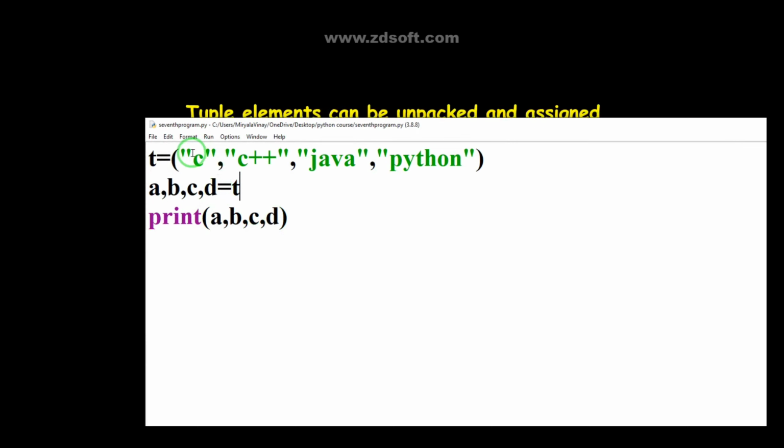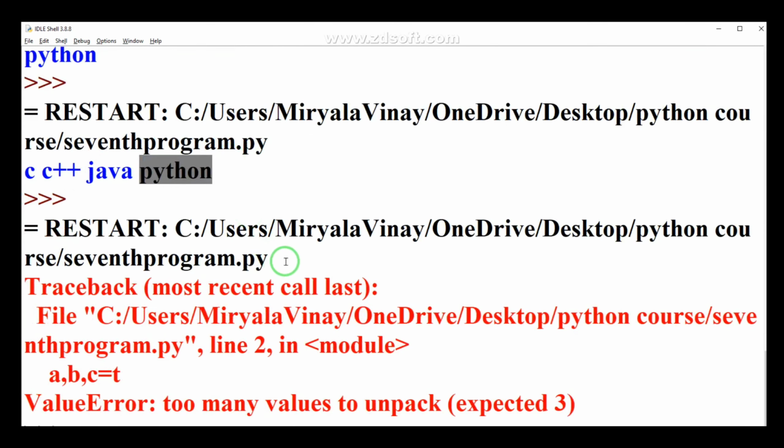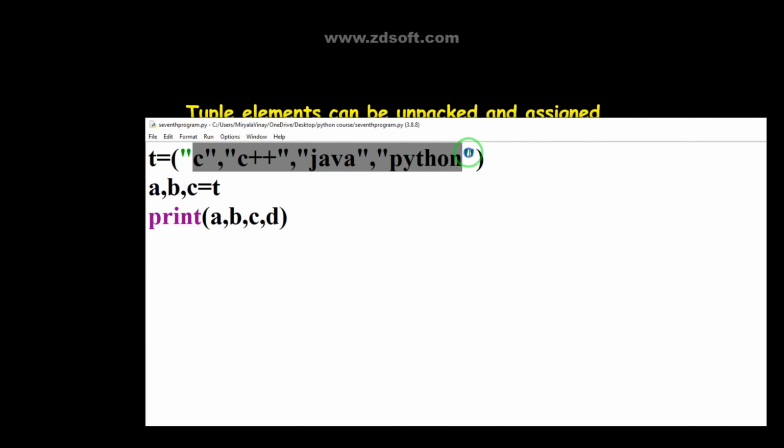So whenever our tuple consists of 4 elements, and I am giving only 3 variables, and our tuple consisting of 4 elements, when you try to assign this tuple, you can see the error, value error, too many values to unpack. Means our tuple consists of 4 values, but I am giving only 3 variables, that is why it is showing